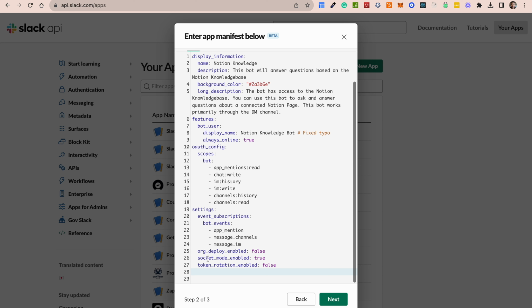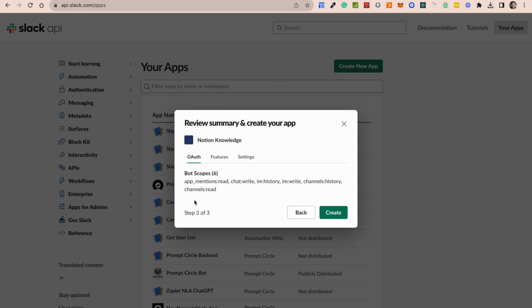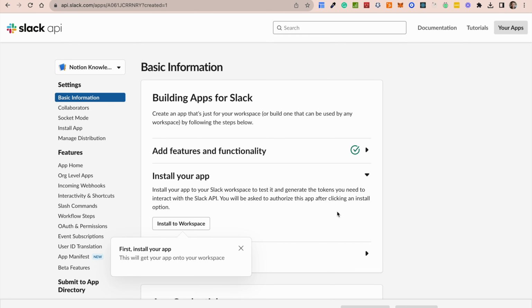We're running our app in socket mode, so it's enabled and set to true. So next up, all we're going to do is hit the next button, and we already have our bot scopes all figured out. So now we can go ahead and hit the create button. So once the create button is hit, our app is now ready to be installed, but we need to do